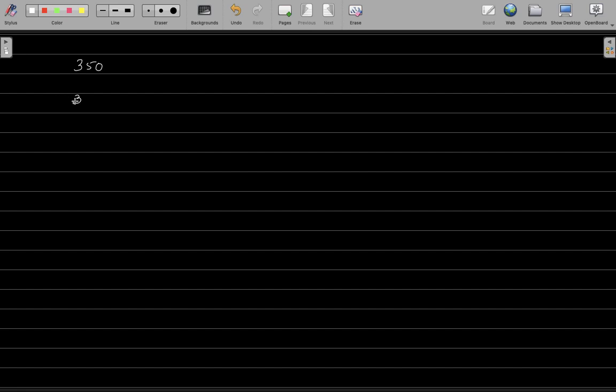Now we have 350, which can be exactly divisible by 2 as well as 5. This number ends with 0. Now from the divisibility test, you know that this number is exactly divisible by 2. It is also exactly divisible by 5. It is also exactly divisible by some other prime numbers as well. But let us first stick to only 2 and 5.